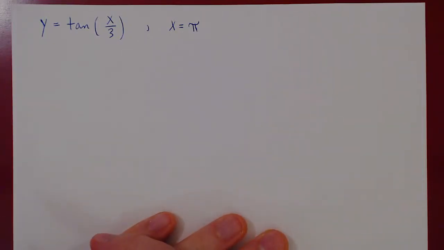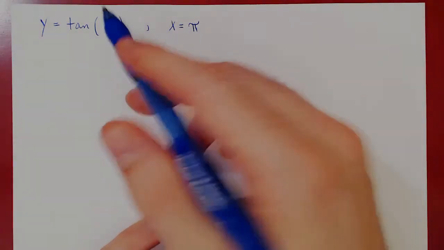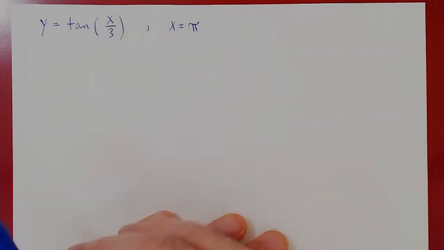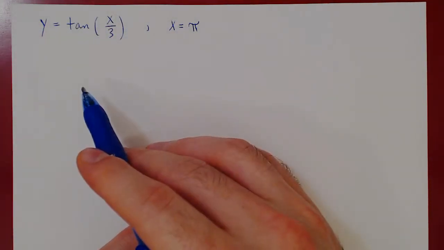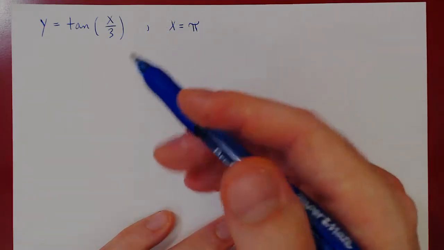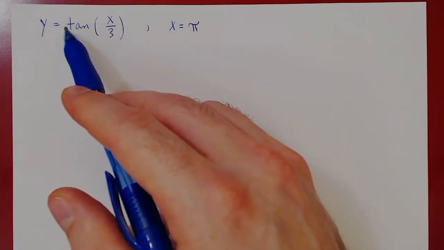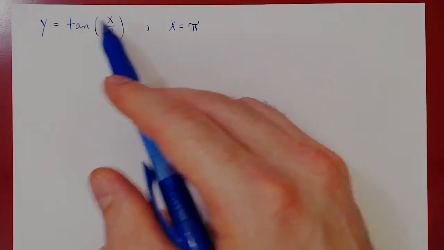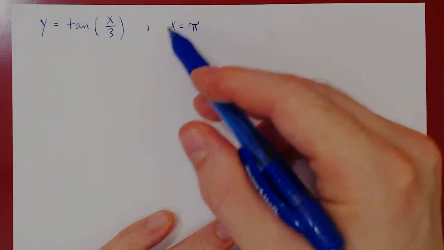Okay, so in this video, we want to consider two examples of finding the tangent line to a function. The first example uses a trigonometric function. Our second example will be with an inverse trigonometric function. So we want here the tangent line to the function y equals tan of x over 3 at the point